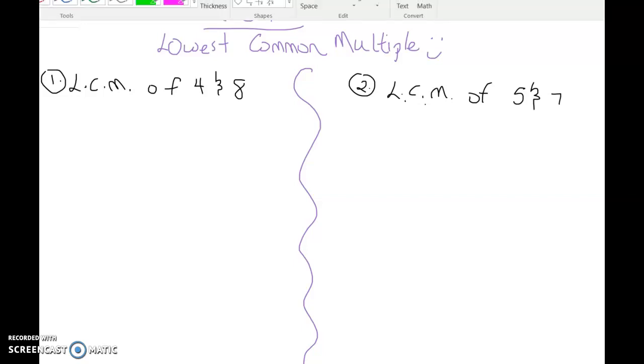Hi everyone, we're back again with L.C.M. So in our last video, we found the L.C.M. of numbers by listing the multiples of each number and then circling the lowest number they had in common. Now, we want to find the lowest common multiple, once again the L.C.M., but we're going to use the